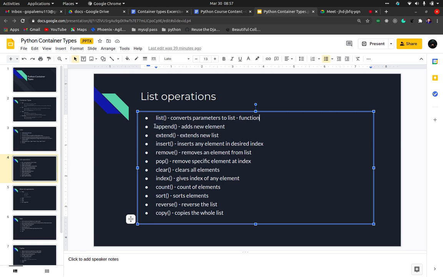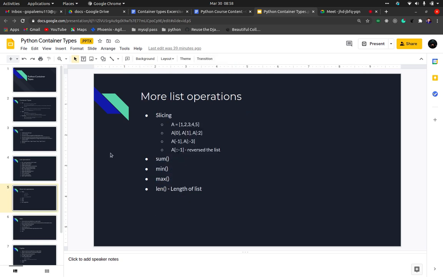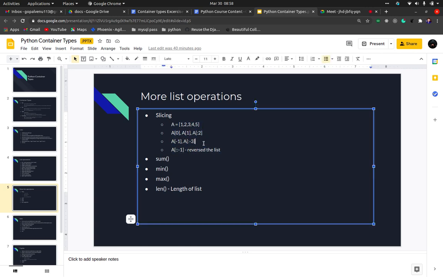Just remember how to define a list, how to retrieve the list elements, and how to apply these methods on the list elements. After that we only have slicing, which we already discussed, how to use basic slicing.